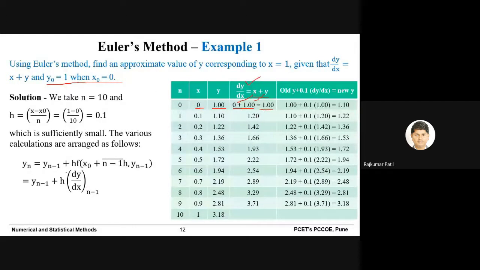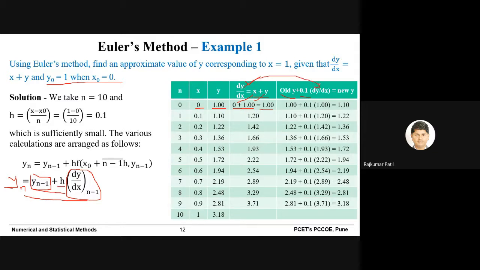Then once you get the value of dy by dx, we can use this equation, that is yn is equal to yn minus 1 plus h into dy by dx at n minus 1, where yn minus 1 is nothing but the old y, which you can see in the table, h is the interval which is constant at 0.1, and dy by dx is whatever you calculated in the previous column.